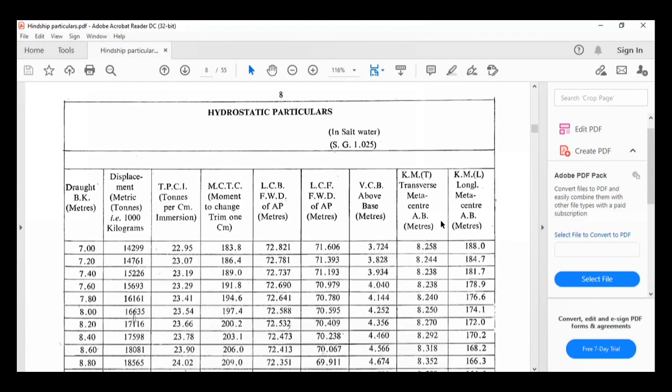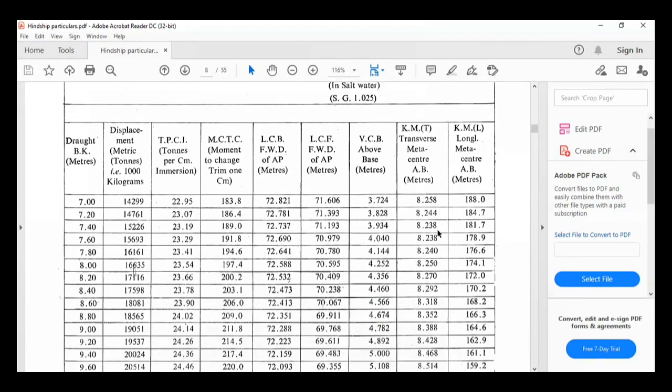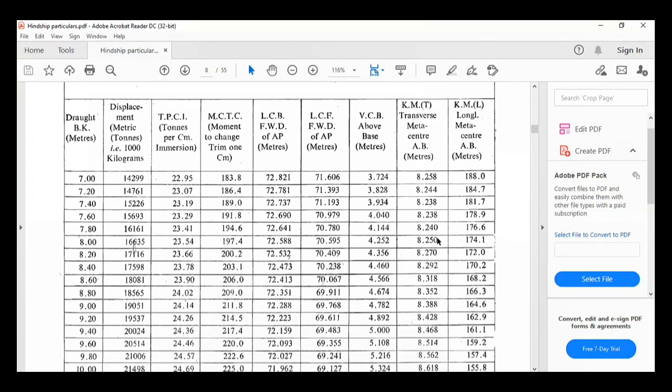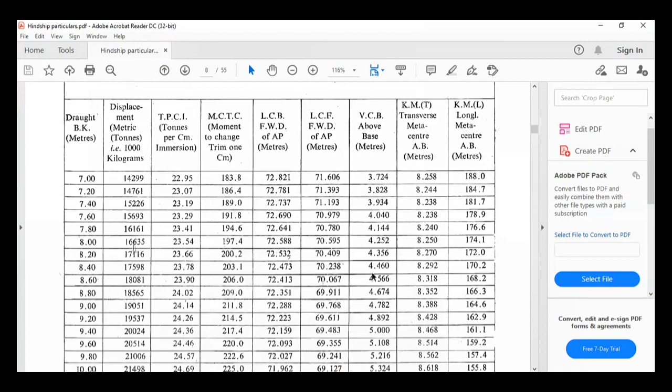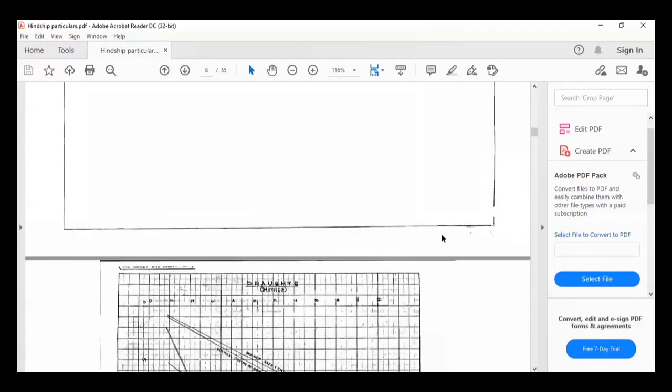At 7.6, the KM turns around and it starts to increase. So, what exactly is happening now? Basically, so this is the